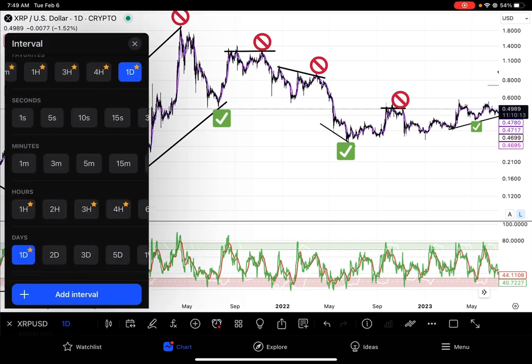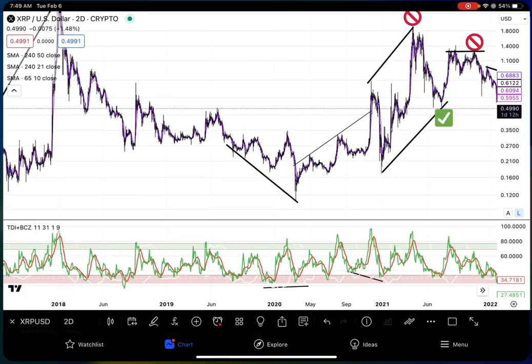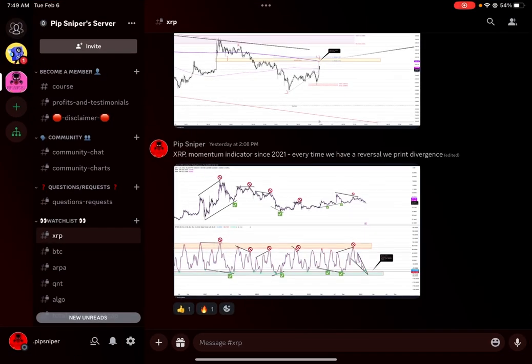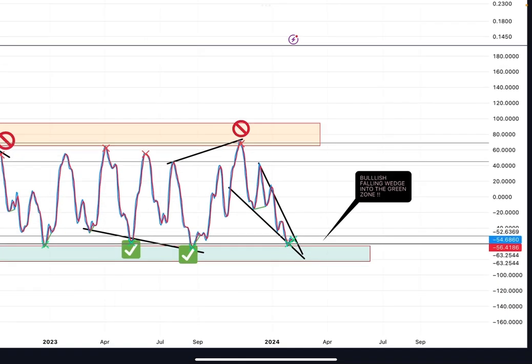So hold on, let me go on the, I think it was the 2-day time frame. So let's take a look here. Yeah, so you see how it's called every single bottom and top by forming divergence? And you can see here that we are forming a bullish falling wedge on the indicator. And we're very close to that green zone. So I'm thinking the indicator moves into that green zone over there and then forms a divergence with the